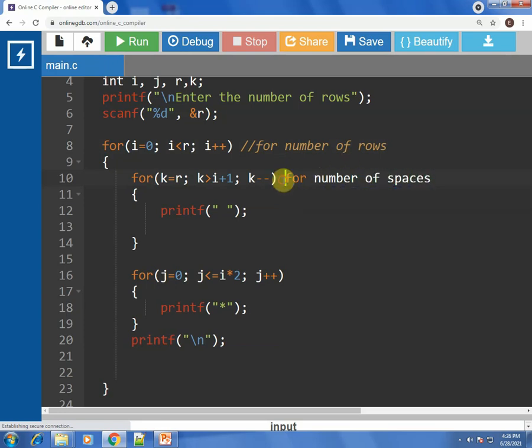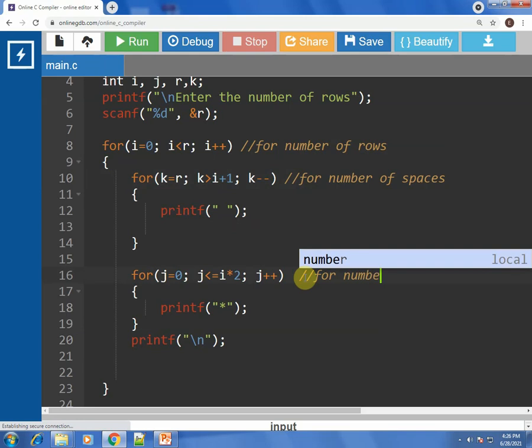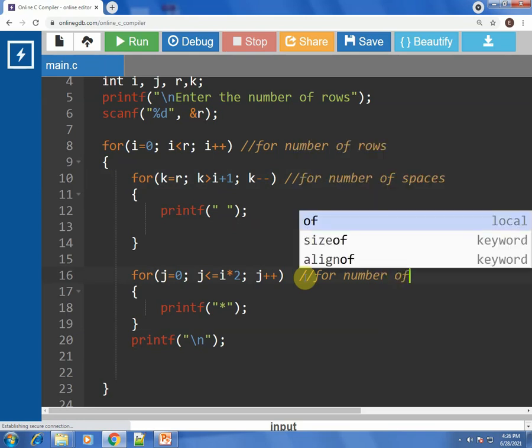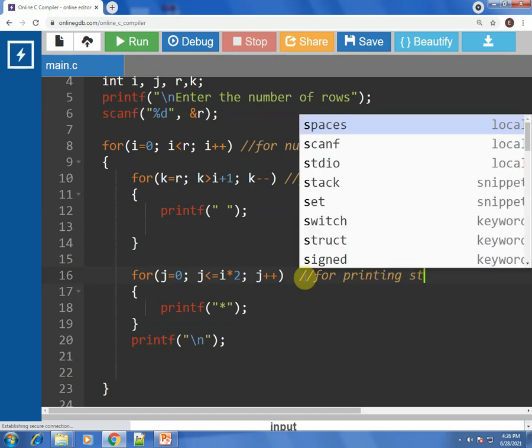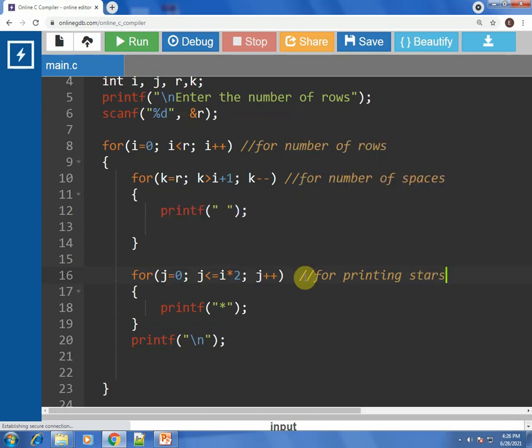To keep a count of how many spaces should be printed, this loop is used. This loop does the job of printing the asterisk sign, so it keeps a count of how many asterisk signs are required. So it's the loop for printing stars, or I would say asterisks. Okay, fine. So this is how it is. Now let us take an example for the same.